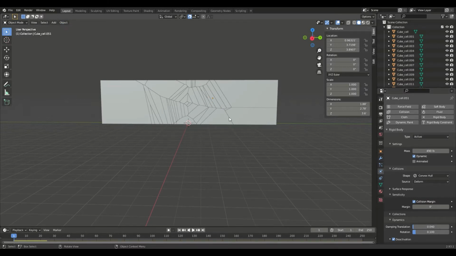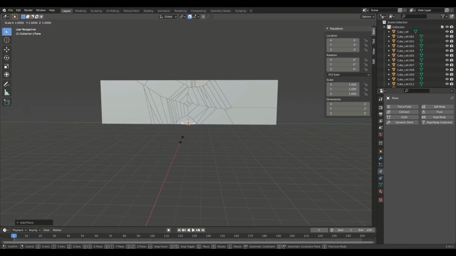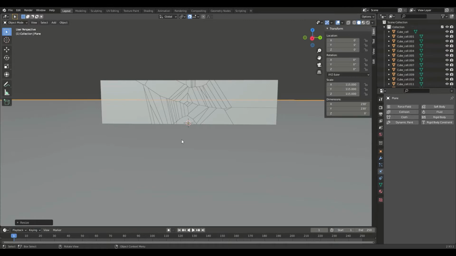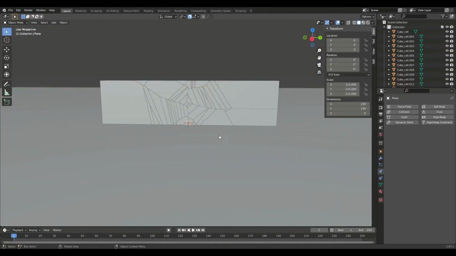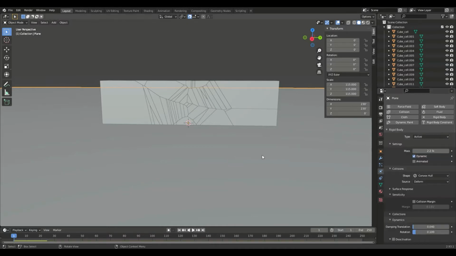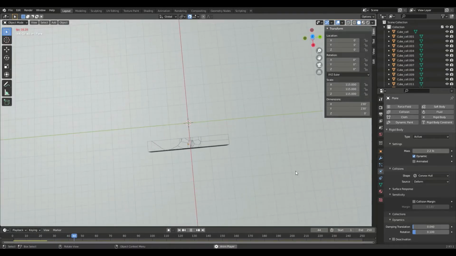So now that these all have physics, we want to press Shift A and add a plane and scale it by like 10. Nope, that's not going to work. So 15. There you go. That's a pretty big plane. And then nothing's going to happen because these are held still, and this is just a plane. Nothing's going to happen to it. So now we need to add rigid body physics to this. But if it's active, it's just going to fall out of the world.